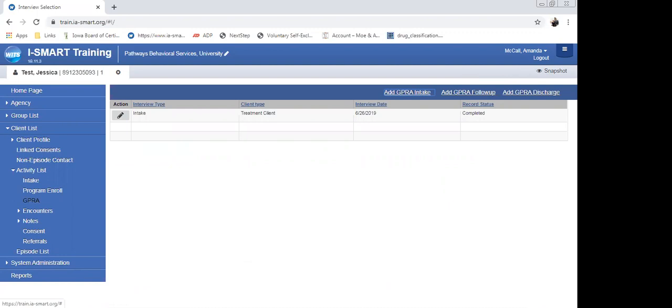Fantastic. Thank you very much. So at this point, this is the intake completed. You can see up on the top bar that the follow-up and discharge are both available there. It will not allow you to do those on